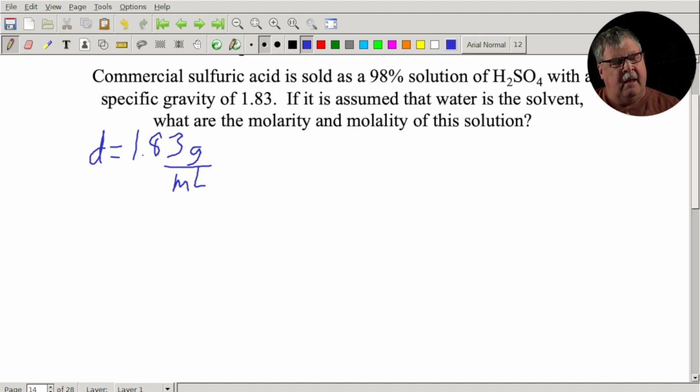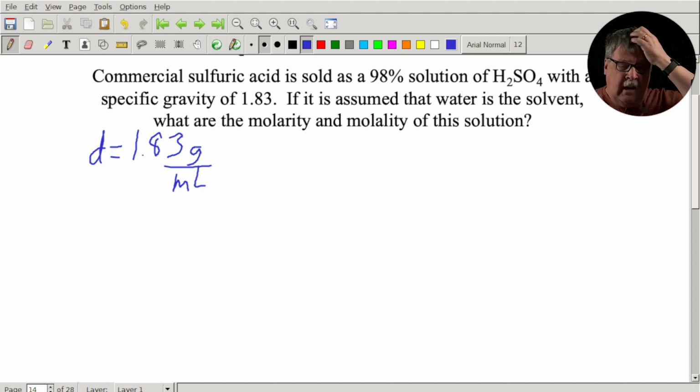And so, in order for the lab coordinators to make up diluted solutions, they need to know what the molarity of the concentrated solution is. Okay, now this is a little bit of a stretch because, first of all, if a solution is 98% by mass, H2SO4, then by the definition we used before, water is not the solvent. Water is the minor component. But we're going to treat water as the solvent because if we're going to dilute this solution, that's what we're going to do with it.